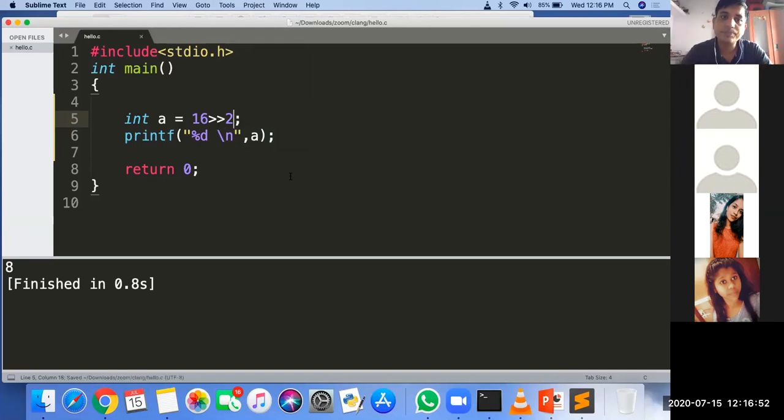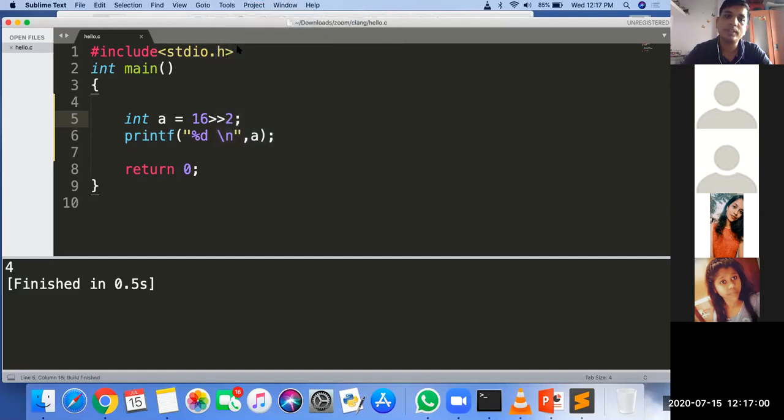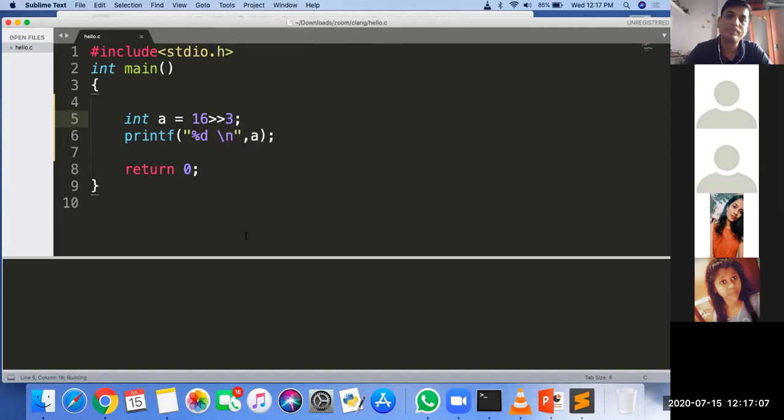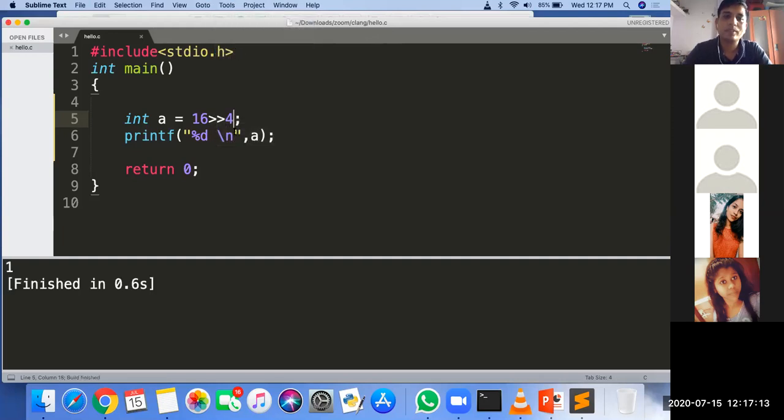8 divided by 2 again is 4. So 16 divided by 2 is 8, and 8 divided by 2 is again 4. The answer is 4. Again for 3, the answer is 2. Again for 4, it becomes 1.